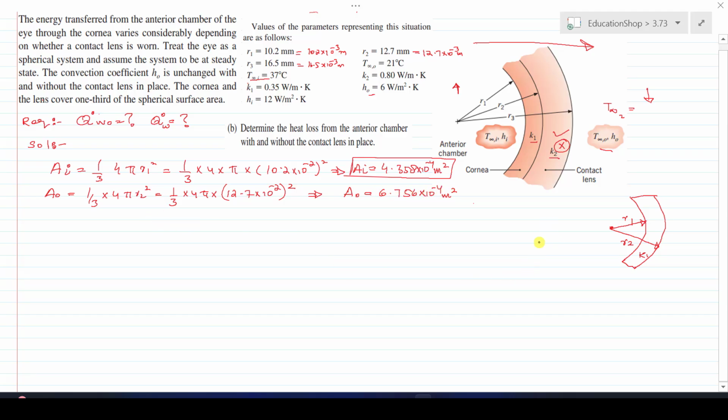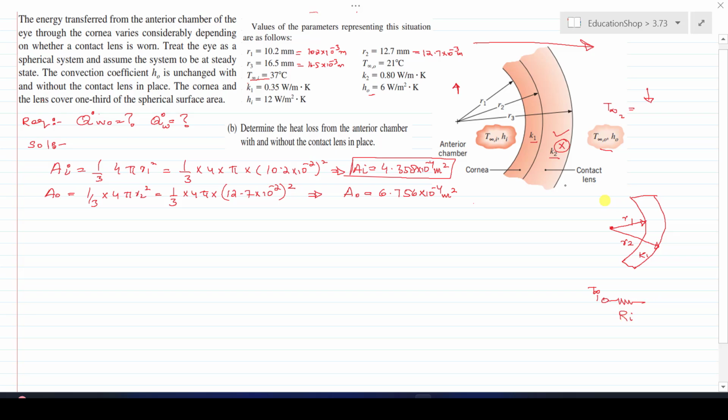Now let me draw the thermal resistance network diagram for the first case, when there is no contact lens provided over the cornea. First, the heat is transferred from the anterior chamber to the surface of this cornea, and the mode of heat transfer is convection heat transfer, and the resistance that occurs is Ri. Temperature is T infinity 1,